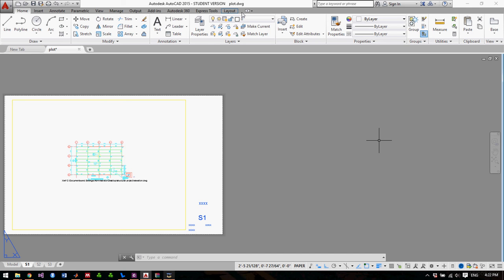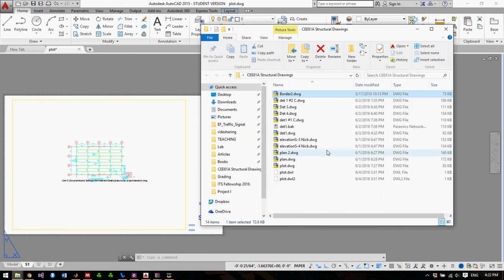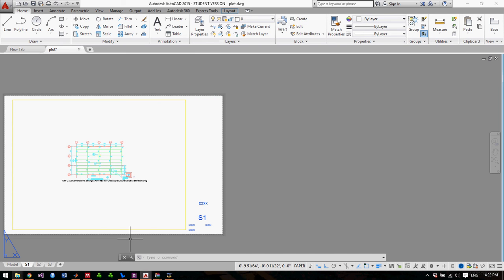Okay, so to start, make sure that you have all the drawings in one single folder: border, plot, plan, elevations, details, etc. And do not work from different directories, do not work from pen drives, etc. Create your own drawing and do what I'm doing right now. So type external reference